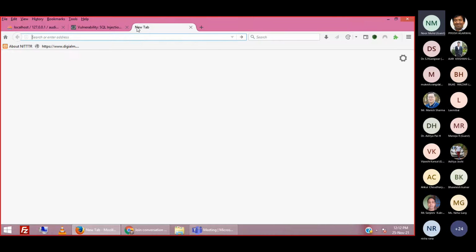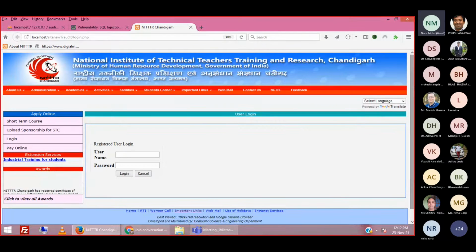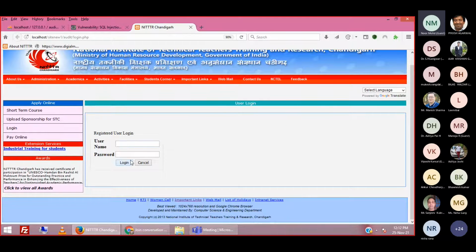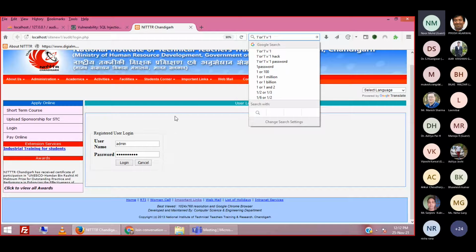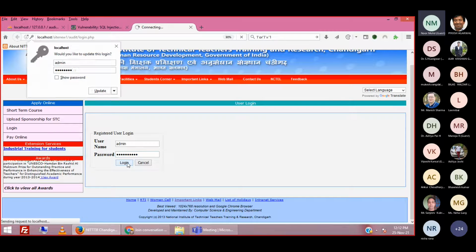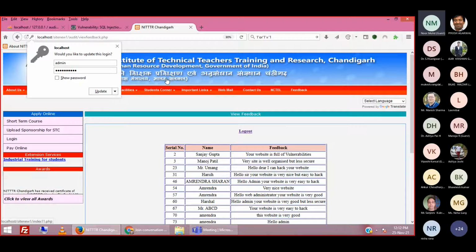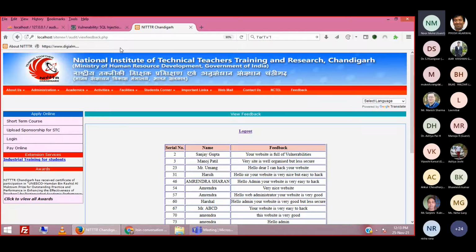Let me show you again. This was the login where we used the injection code 1 or 1 equal to 1. We wrote admin here. We are a hacker right now, so we do not know the password. We pasted this code, 1 or 1 equal to 1, and without knowing the password, I am able to log into someone else's account. This is one aspect of SQL injection.